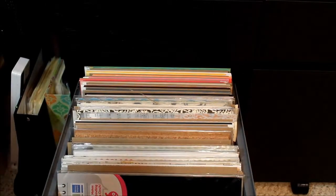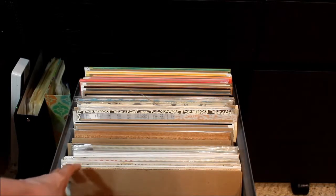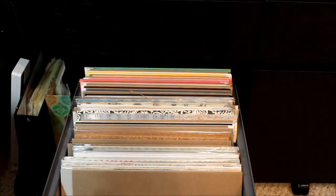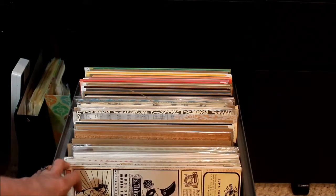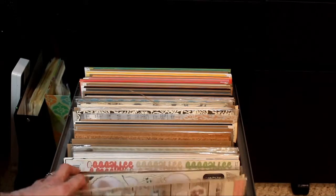Okay, so in here at the front I have more chipboard, and by the way, 12 by 12 chipboard sheets at Walmart, 25 pack, like less than $10. Awesome buy. Alright, so I have my chipboard, and I haven't made all my labels yet. I need to get some more chipboard, but I do have the large sheets, sticker sheets and stuff at the